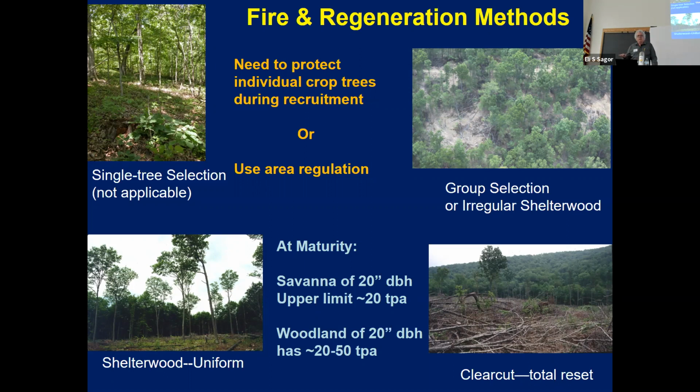But the more even-age methods of regeneration and prescribed burning work very well together. And when you finally get the advanced reproduction big enough and numerous enough to feel like you're able to,